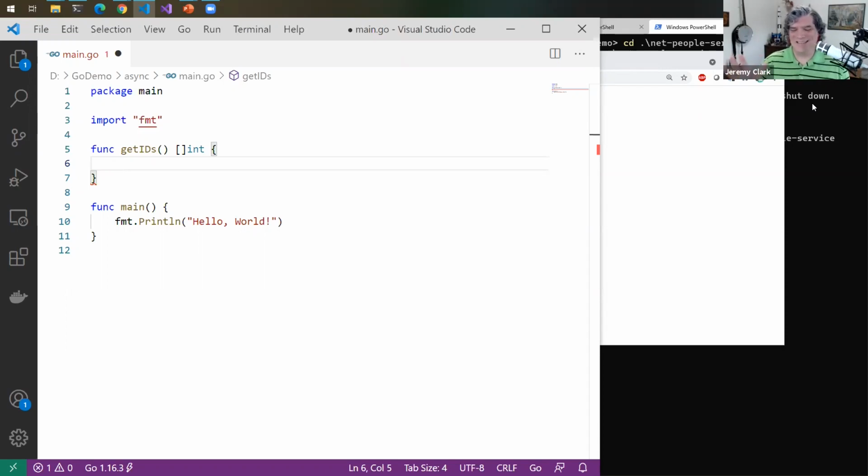So you can also have a difference between the size of the array and the capacity of the array. The size means the number of items currently in it, and the capacity means the number that it can hold. Slices are something you'll want to dive into if you're going to get into Go. But if I just have a regular array with square brackets 9, then I'm saying I have 9 elements, and those 9 elements exist, whether they're populated or